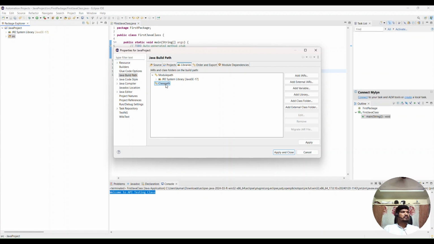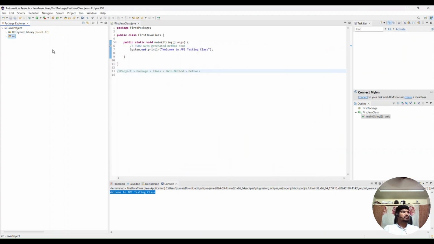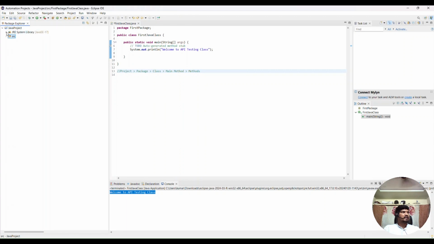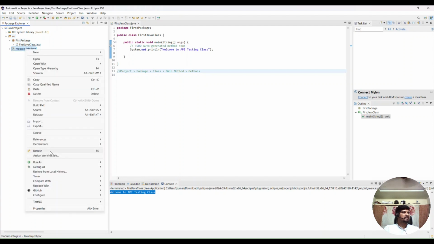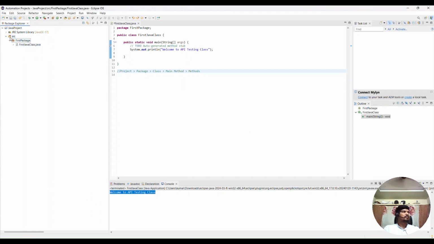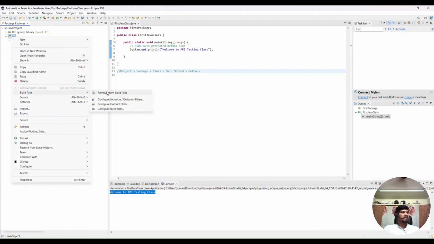Now just observe. Before adding this jar, we have these: under the JRE System Library, all the Java-related jars are added, and under the source folder we have one package and a class. So now we have two folders, the JRE System Library and the source. Under the source we have the package, and under the package we have one class. Now again go to source, Build Path, Configure Build Path,